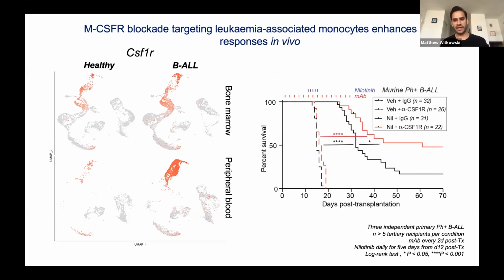However, because this is a BCR-ABL-driven version of the disease, we're able to treat with nilotinib to target BCR-ABL. And in the solid black line, we see that nilotinib alone increases the survival of these mice. But if you combine monocyte depletion plus BCR-ABL targeting, we get a significant decrease in the recurrent disease, as well as a significant increase in the survival of mice, suggesting that monocytes may play a chemoprotective role